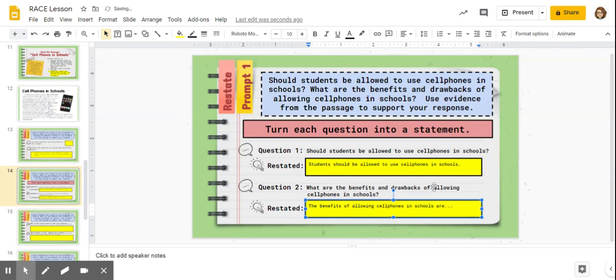Now, if we would have said students should not be allowed to use cell phones in school, we would then want to talk about the bad things, the drawbacks of having phones in schools. We would say the drawbacks